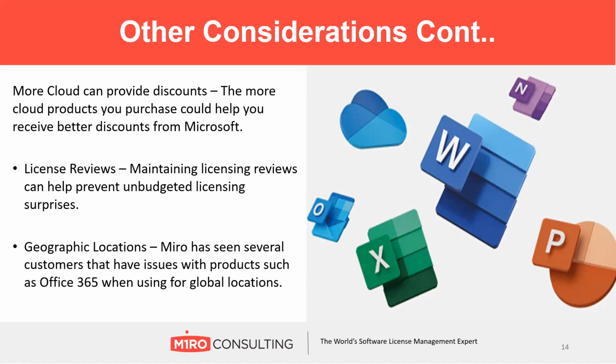A good way to get around that is to have your own internal reviews. This is where we can help you. We can have annual reviews or quarterly reviews, as often as you want, to see how you're using the software and where you're using it. Doing that now can help before you get to your annual agreement, before the review, before the next payment comes through, any true-ups. It can also help with any unbudgeted surprises that you may have. We can work with the different teams and track the licensing that you're using, so you know, on an ongoing basis, what you're using and what to expect at the next renewal.